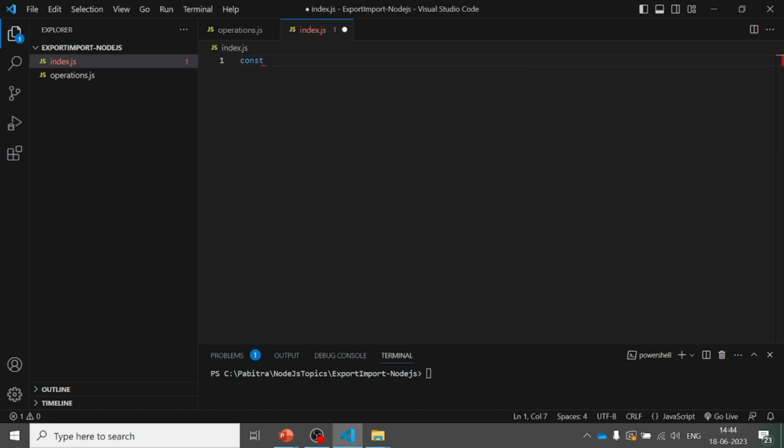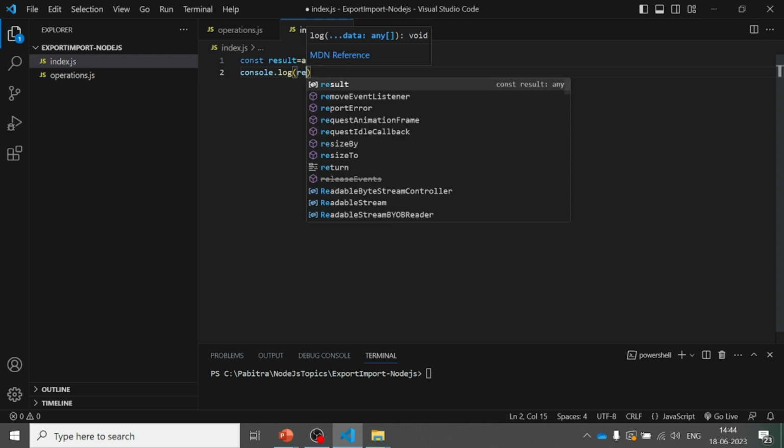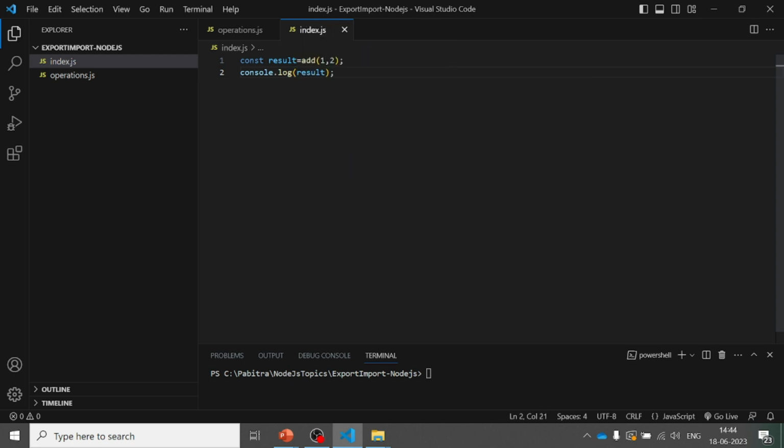If I simply write result and call the add function, pass two parameters, and try to print the result, what will happen? Let me run this file, node